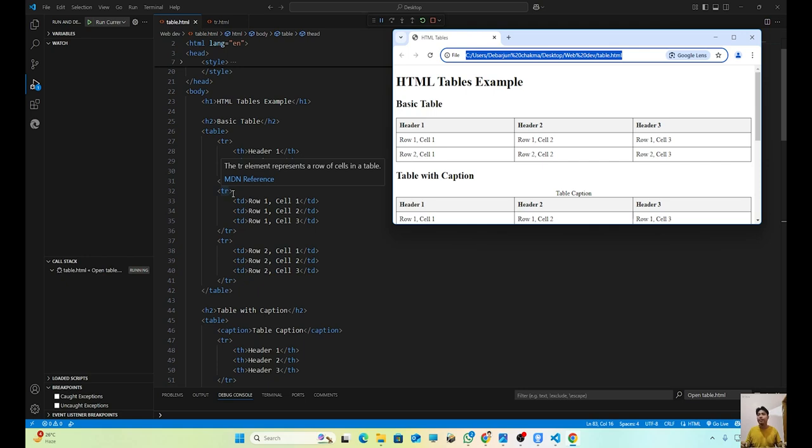And again, inside our table row, we have our table data, which is row 1, cell 1, row 1, cell 2, row 2, cell 2, etc. So as you can see the difference. Now,